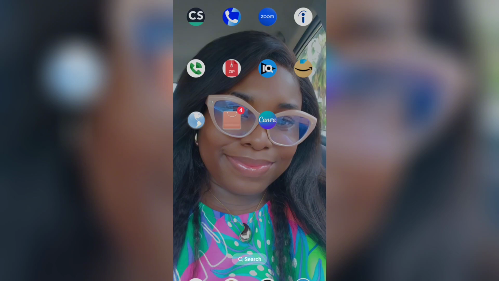Let's get started. First things first, if you haven't already, head over to your Google Play Store or your App Store to download the app Canva. It's free and it's going to be your best friend for this tutorial. Once you've got it installed, go ahead and open it. You would see a clean, user-friendly interface with tons of options, but don't worry, we are going to walk through